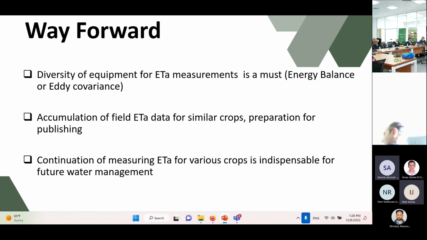What comes after: diversity of equipment is needed for even